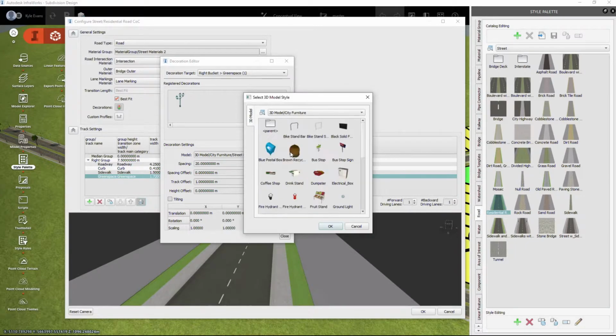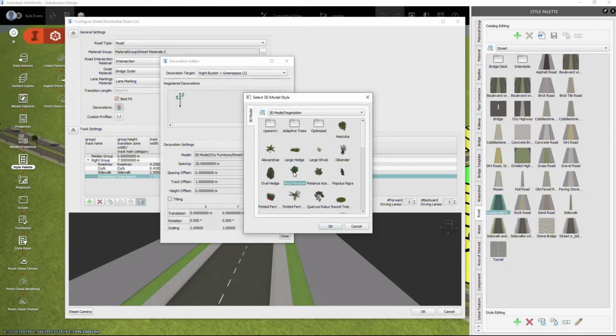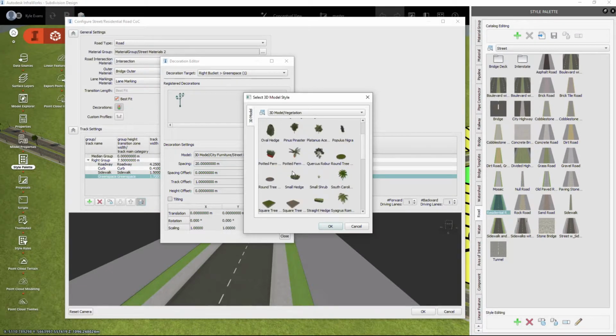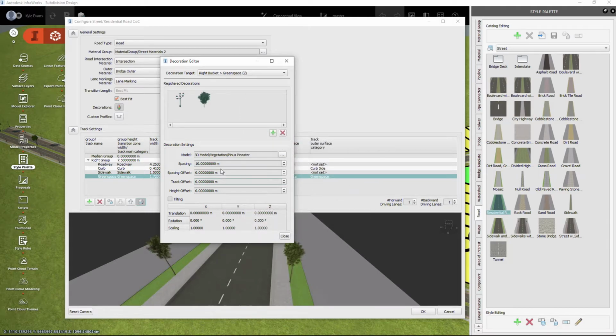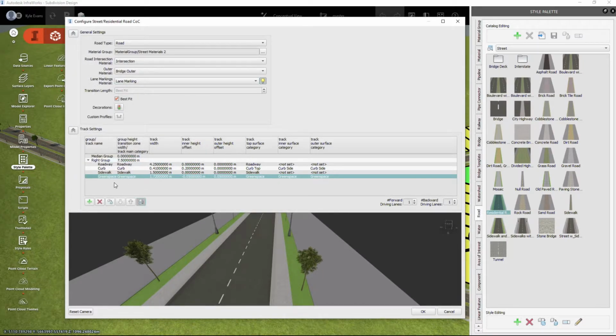I want vegetation, and I want some nice trees here. So I'm going to select, we'll just select that one tree, a spacing of 20 meters. Now, as you notice, it's going to overlap them with the street lights when we do the offset as well. So that's where our spacing offset comes in. So I can go every 10 meters, I can have a tree, light, tree, light, tree, light. We'll hit close,